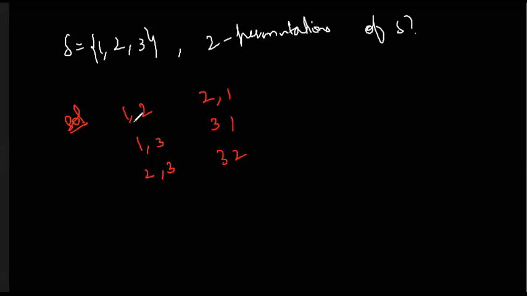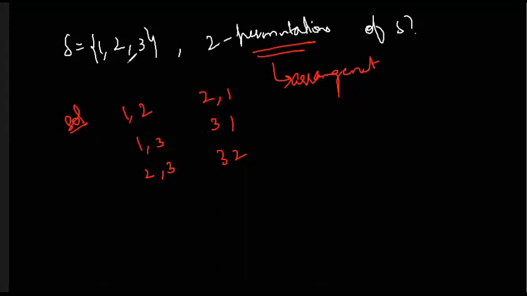Now, why are we taking 1, 2 and 2, 1? Are they the same thing? No. Permutation means arrangements, and 1, 2 and 2, 1 are not the same thing. If you are considering these 1, 2, 3 as the roll numbers of students, then roll number 1 will be different from roll number 2. So they are not the same thing. The arrangement of 1, 2 will be different from 2, 1. That is why we have to consider both of the cases.